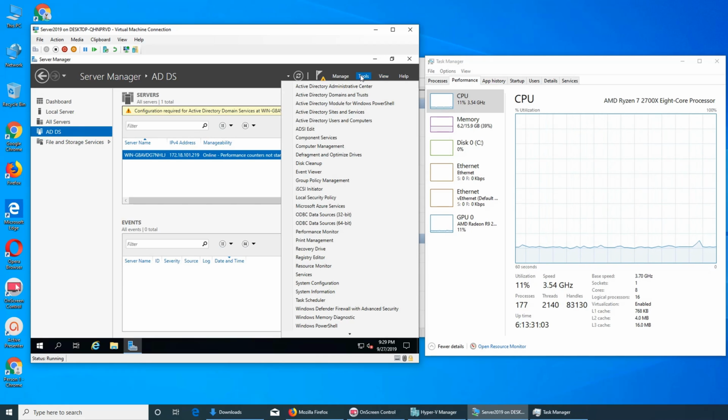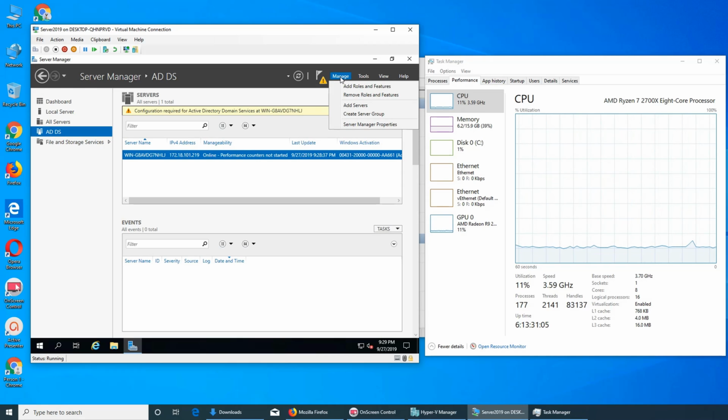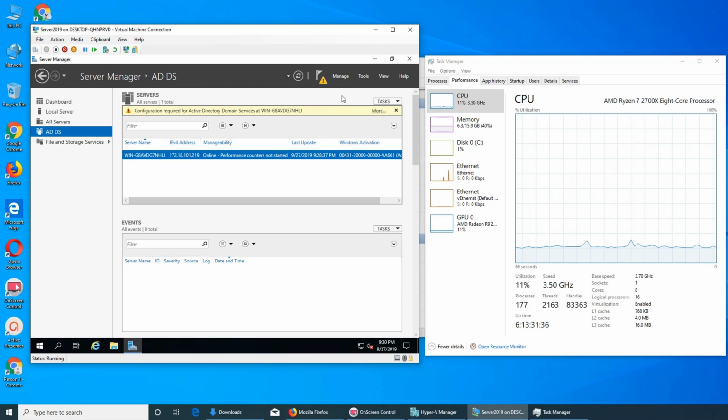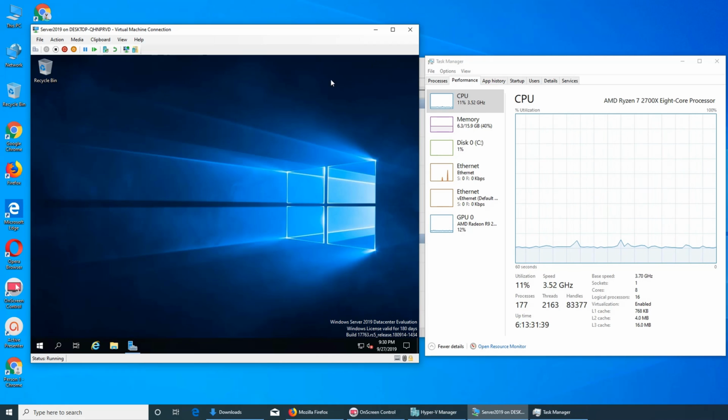view, tools, manage, add roles and features, server, start, server manager. Okay, what is it saying? Post-deployment configuration required for... promote this server to a domain controller. Okay, promote this server to a domain controller. Maybe we have to do this, because when we connect to a domain, that is a server, but maybe that's a domain controller as well. We gotta do that. But before,